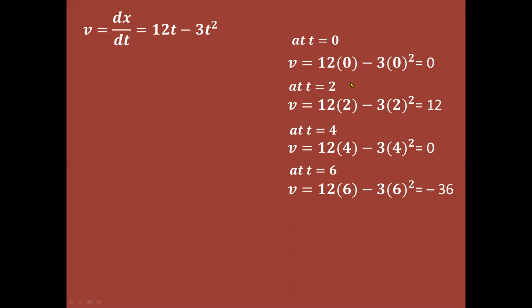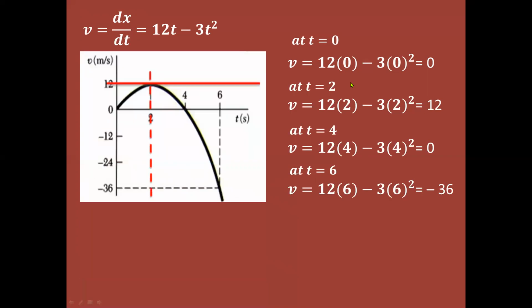We have already completed all the coordinates that we need so that we can sketch the graph of our equation of motion. v is equal to 12t minus 3t squared. So as you can see, we already have our graph. Let's start first with our first coordinate. By using the time of 0 second, we have the coordinates as 0 and 0. Our second coordinate, we have used the time of 2 seconds so that we can have a velocity of 12